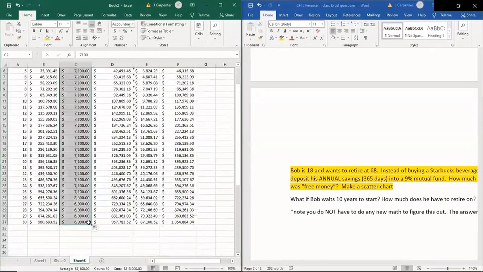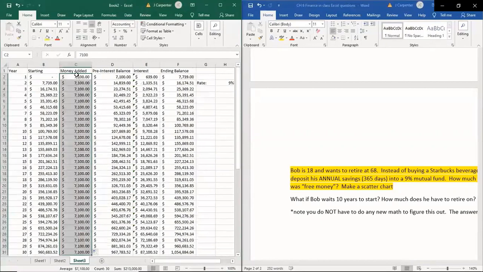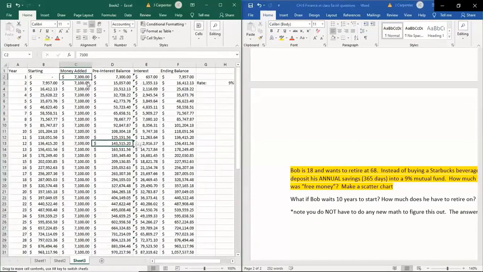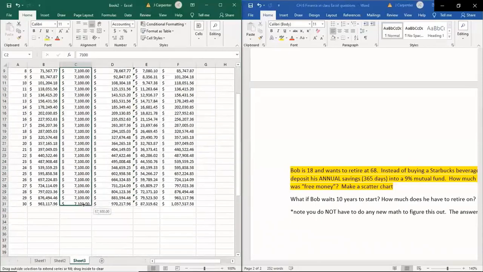I'm just trying to hit 1.1 million. 73. Oops, that's not the fill handle. I'm rushing. Slow is fast, fast is good. Close enough. 7,300. 7,300 divided by 365 is $20 a day, which in comparison to the just 1 cup of